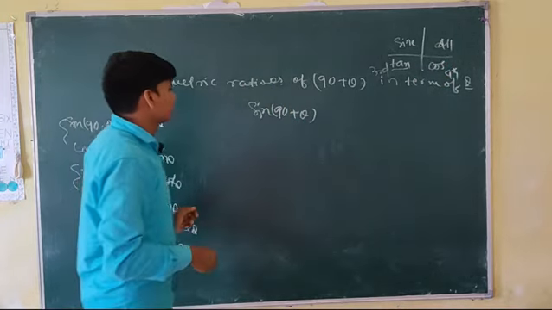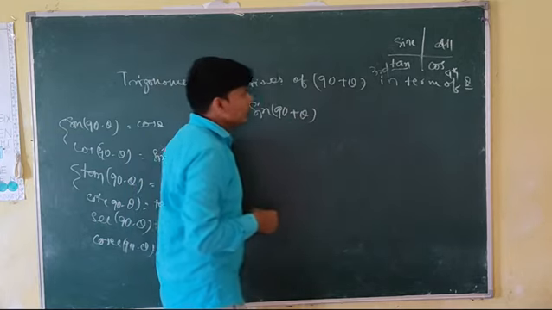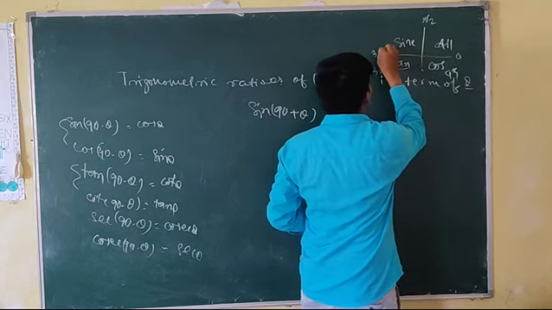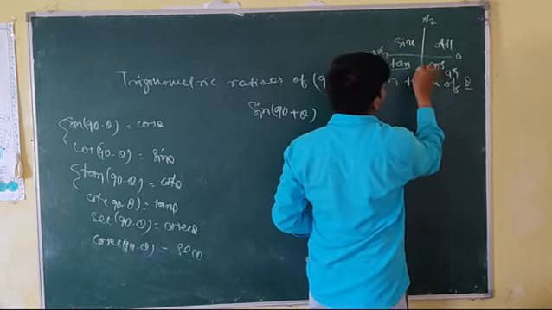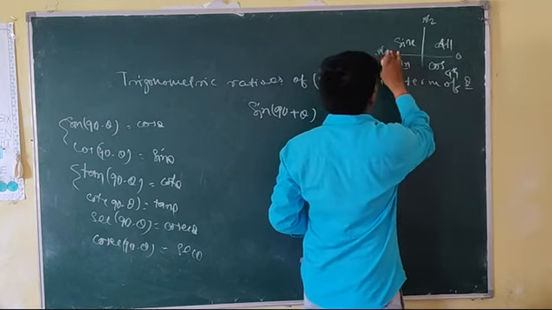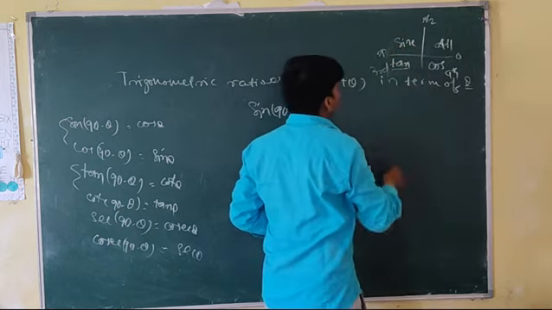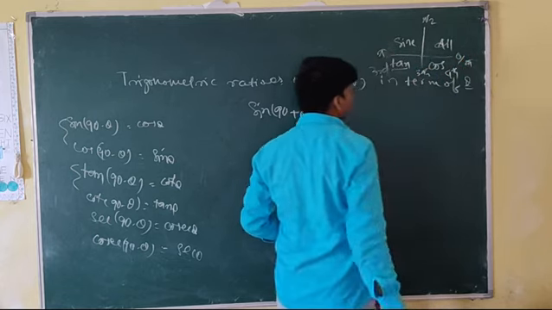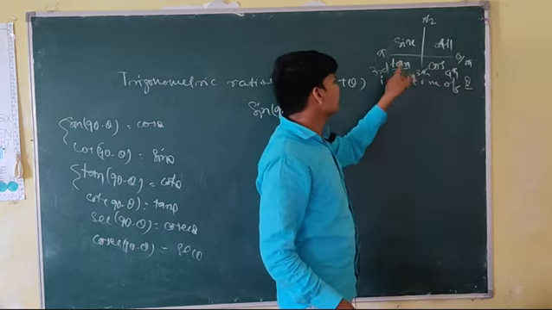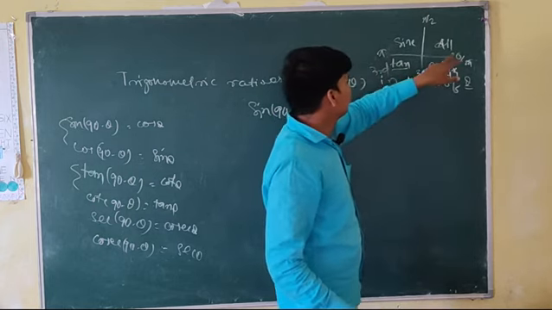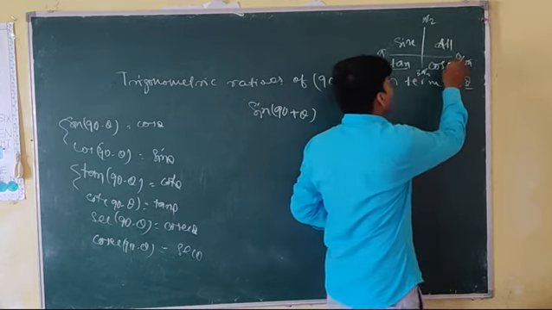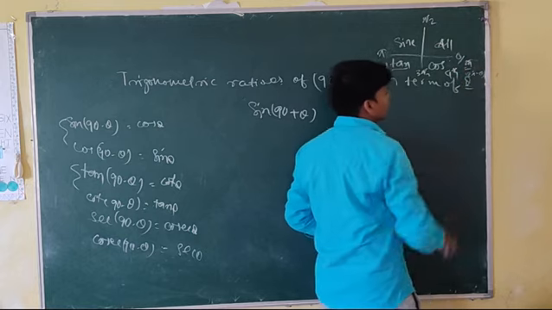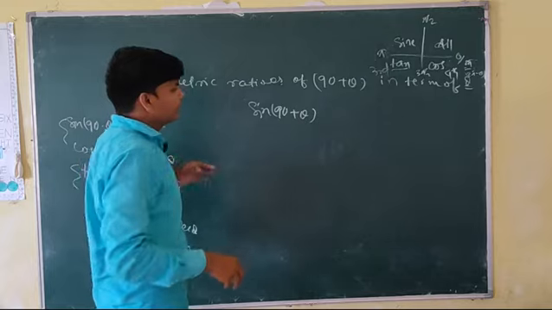Okay, so here sine 90 plus theta. This one is pi by 2, this is pi, 3 pi by 2, and this is 0 or 2 pi. We will start here and end here. So it will be 0, and here the point is 2 pi minus theta, you can say 360 minus theta. We will find these formulas.